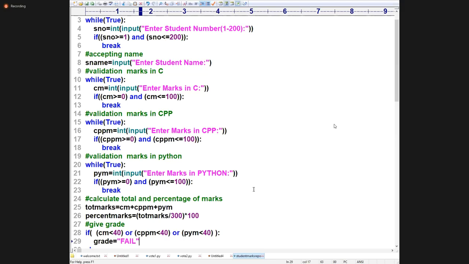Yes, ma. You can store marks in the list, no problem. You can store all the values in the list. You can take a number also, you can take a name also. We can create our own class also. That is called our OOPS features. We are going to start.